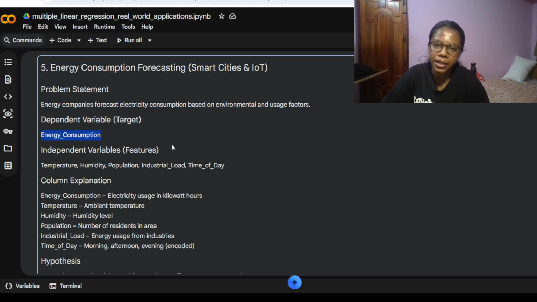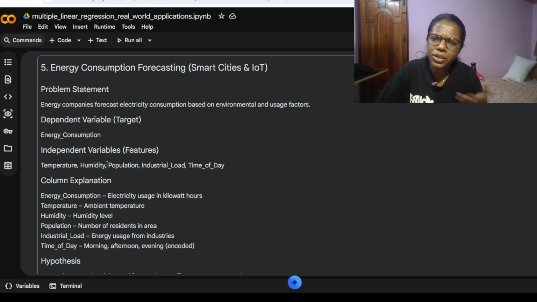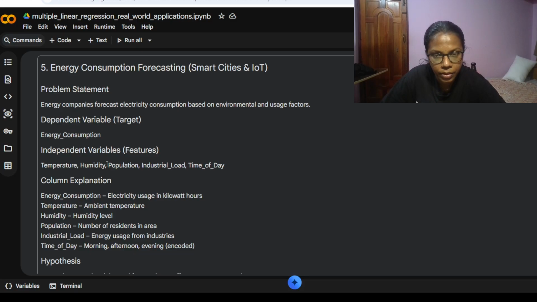Now what could be the dependent variable? Their energy consumption, how much electricity they are using. So for this kind of problem statement, what could be my independent variables? What are all the columns that I'm going to use for predicting it? Temperature, humidity. Why do I need to know about temperature and humidity? Because if the temperature is high, people might use more fan, more AC. If the temperature is very low, they might not use those electronic devices. So that is how these particular columns contribute more towards the energy consumption.